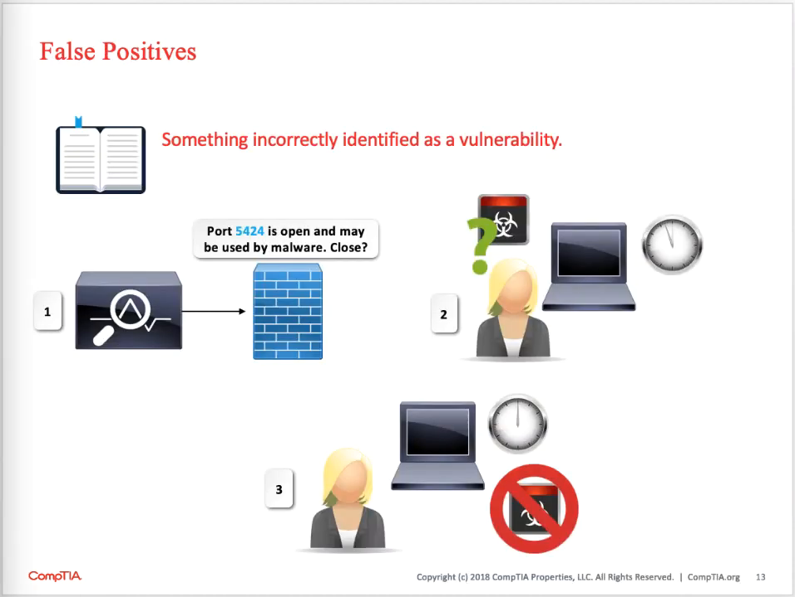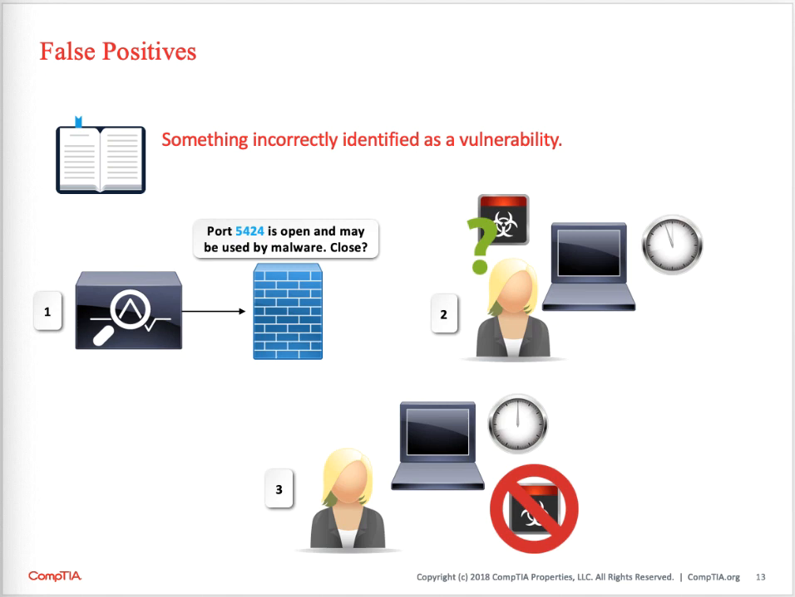False positives. So all scans are going to have the possibility of giving us a false positive. When it comes to our security assessment, a false positive is something incorrectly identified by the scanner as being a vulnerability, and it doesn't actually have to be a vulnerability, right? It's important that we understand that we don't need to always act on a false positive, because that was a mistake and that could have significant impact on our systems,